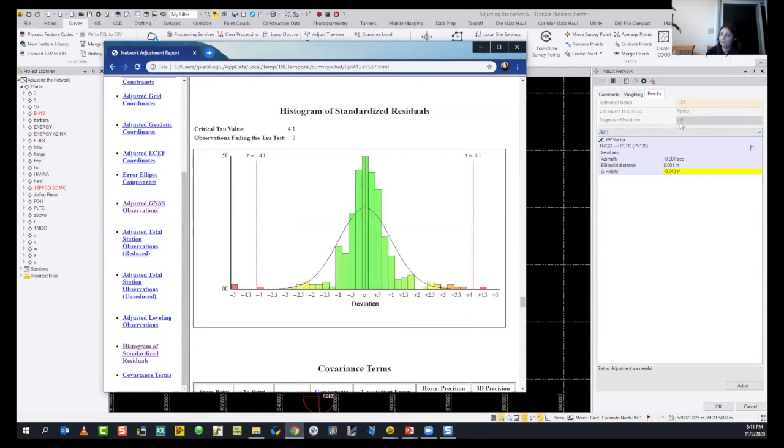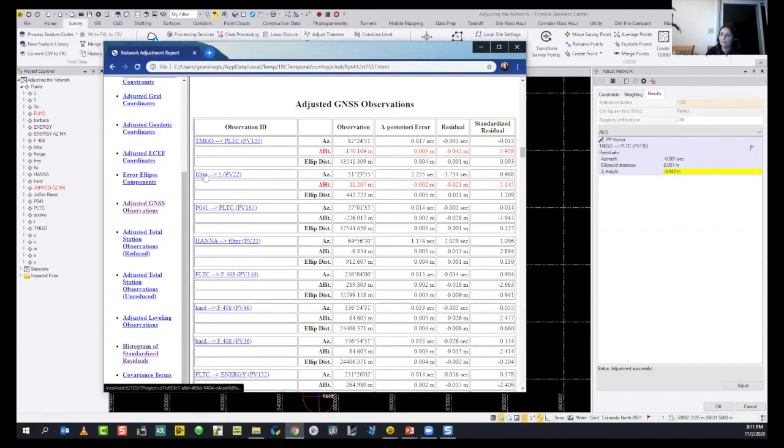Since we have enough degrees of freedom and we are not bad on the reference factor, we can eliminate this observation. That's the same for the other one, the filter. So as you see in here, delta height is 0.021. So it's over 20 centimeter.